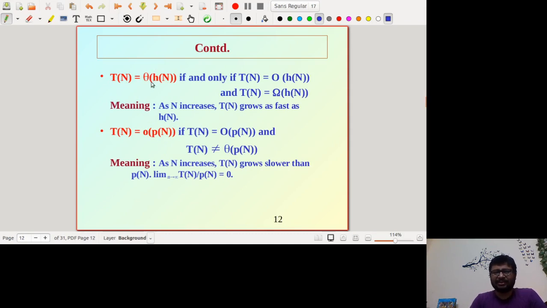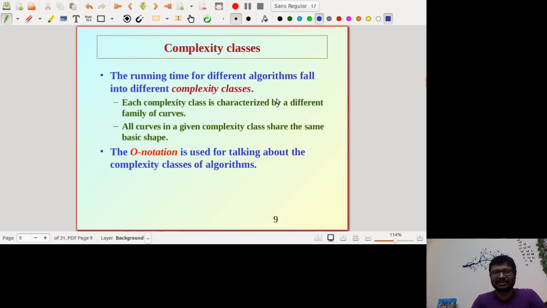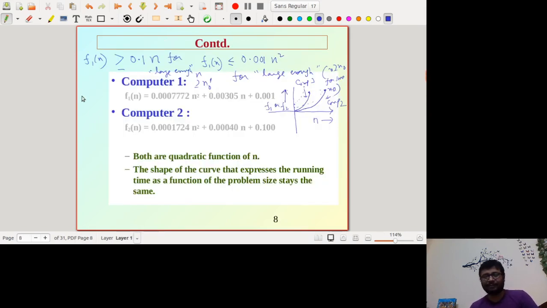Tn is equal to theta of Hn, so capital theta, if and only if Tn is equal to order of Hn and Tn is equal to omega of Hn. So that means as n increases, Tn grows exactly as fast as Hn. So Hn captures the growth of Tn. It's upper bounded by some constant times Hn for large enough n, as well as lower bounded by some constant, maybe a different constant, times Hn for large enough n. So in this example, both F1n and F2n